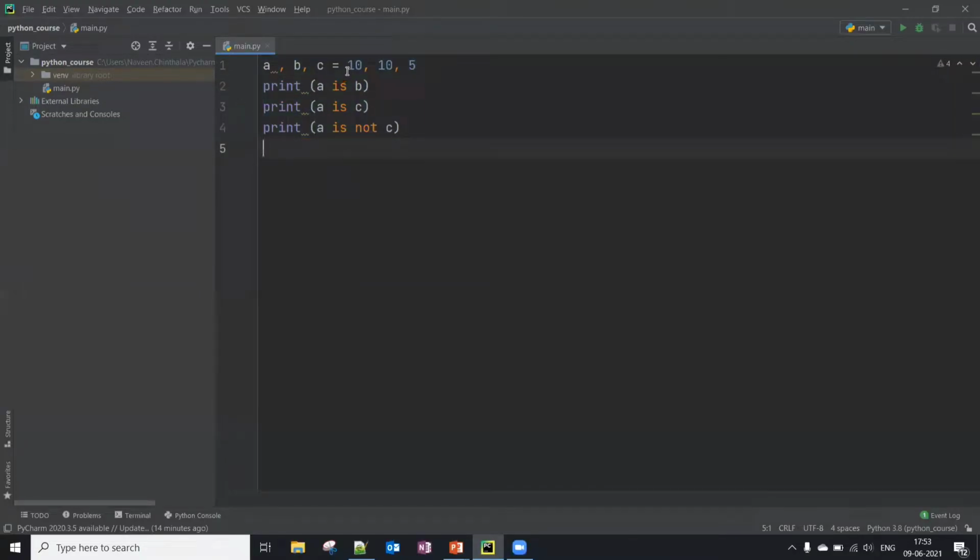So here it is already assigned. Let me tweak this. For a, we are assigning 10. That means we are assigning a number. For b, let's assign 1.67. And for c, we're going to assign some long number.